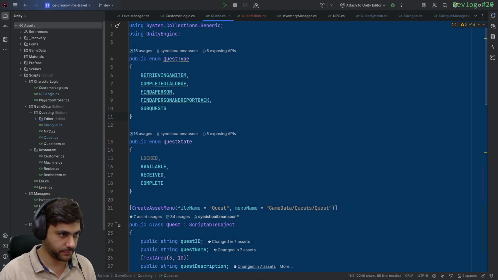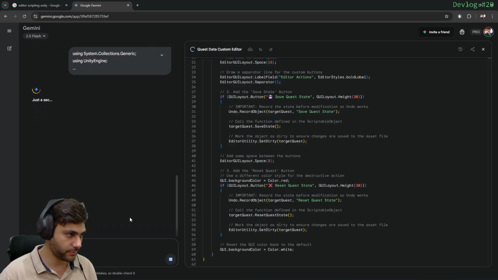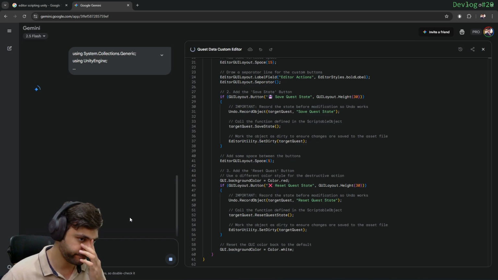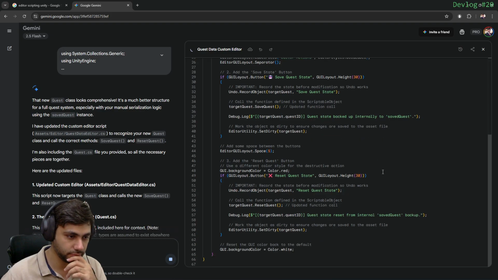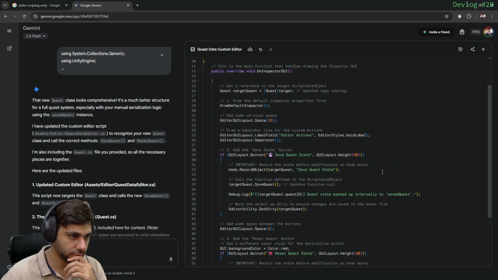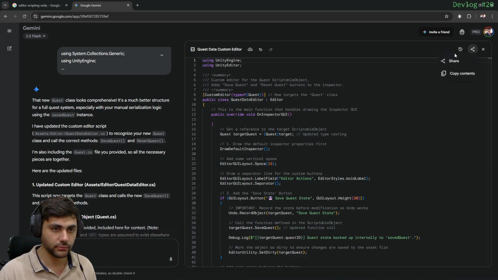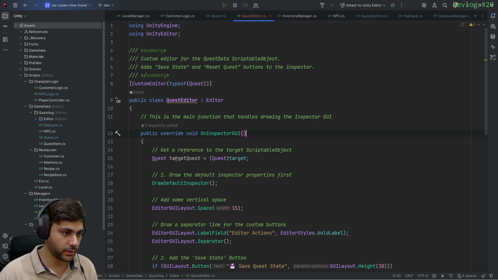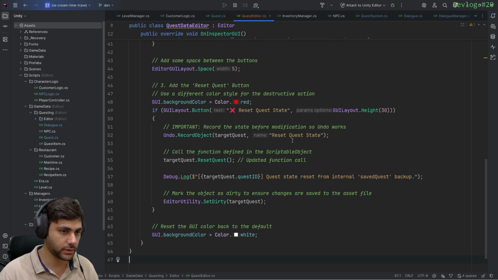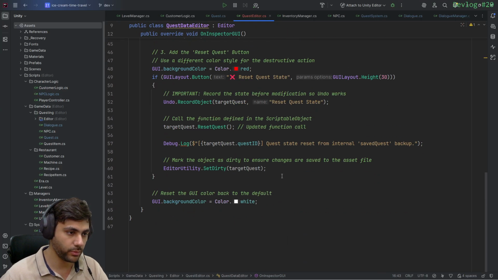Let me just paste this over here. Okay, so let's just reference the target quest, and this is more or less the same thing, but